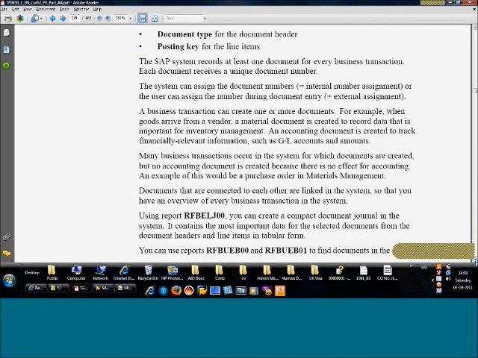Okay, so what it says here is we can have internal number assignment or external number assignment. So like you saw in the customer and the vendor masters as well,